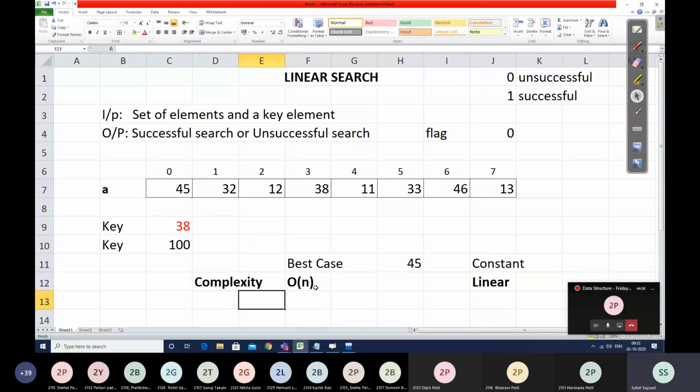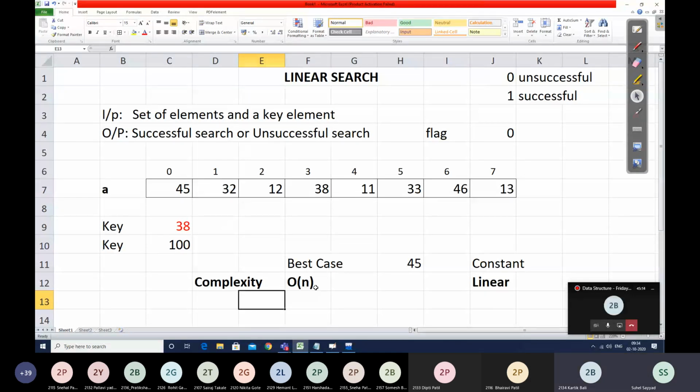Okay. Do we have roll number 34, Karthik? Yes, sir. Karthik, can you tell me why we used that flag variable? Sir, to break out of the loop if the element is found. Absolutely correct. So in order to maintain the successful and unsuccessful search and break out of the loop, we use that flag variable. So what is the initial value of the flag variable, Karthik?